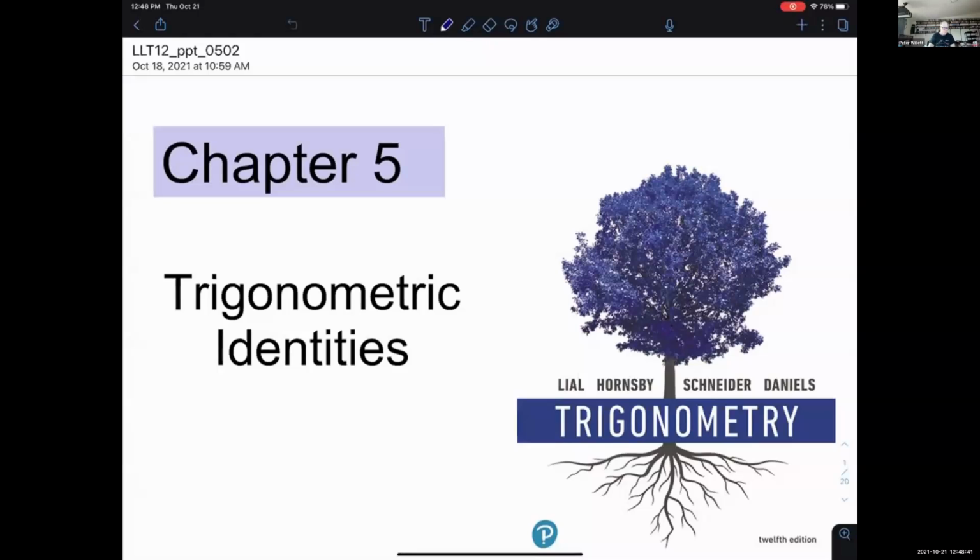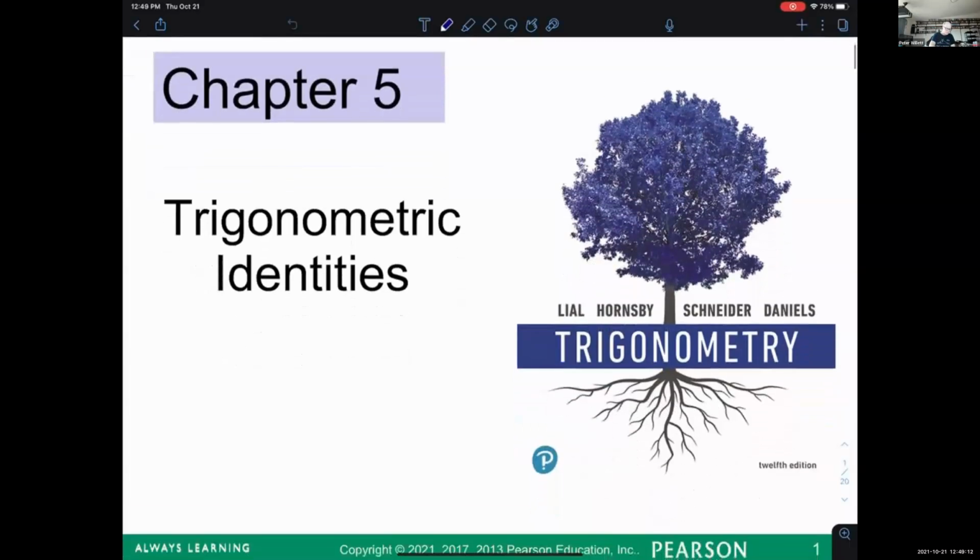Chapter 5. We are now in 5.2. And this chapter 5 is about using trigonometric identities. In 5.1, we looked at fundamental identities like sine squared x plus cosine squared x equals 1, being the most fundamental identity that we use and reuse a bunch of times. We looked at some other fundamental identities. So in 5.2,